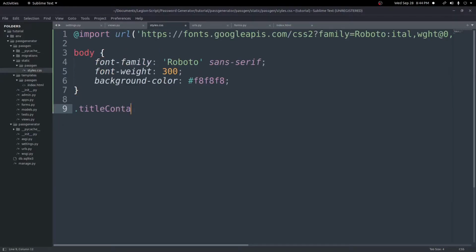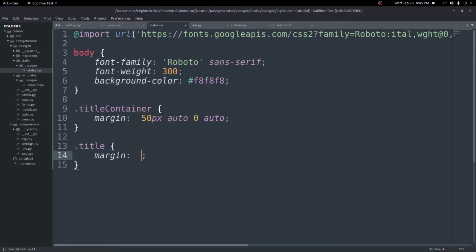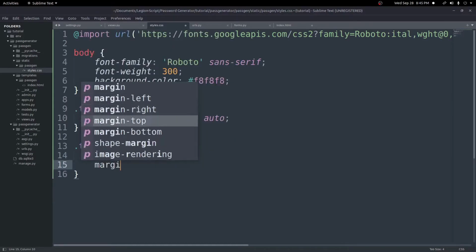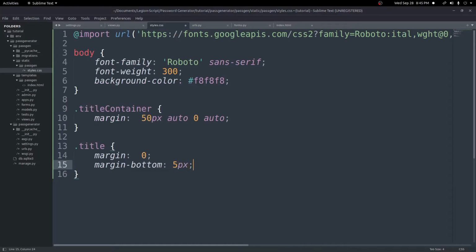So first we'll add our title container, and we'll add a margin of 50 pixels, auto, 0 auto. Then we'll add a dot title class here, and we will do margin of 0. We will add a margin bottom 5 pixels, and then we'll add a font weight of 300. And then we'll add our submit button